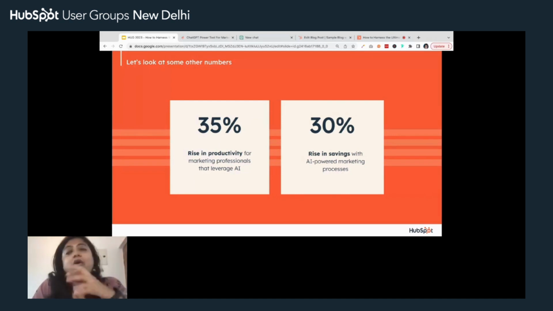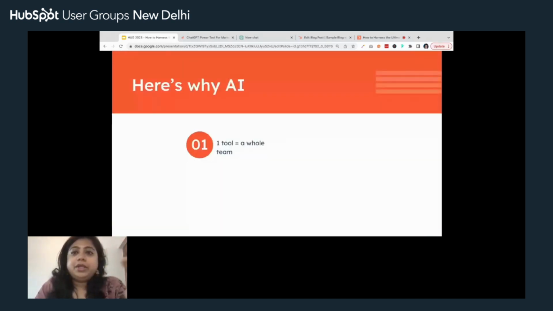Here's why all of this is going to happen. First up, and I'm writing here one tool, but what I mean is the power of AI would be equal to a whole team. By that I don't mean you replace a whole team with just AI. It just means that whatever team you have now is equal to maybe 2x, 3x that, in terms of the amount of work they're able to deliver. A 5-person team with AI may be equal to a 15-person team in terms of what it can deliver.